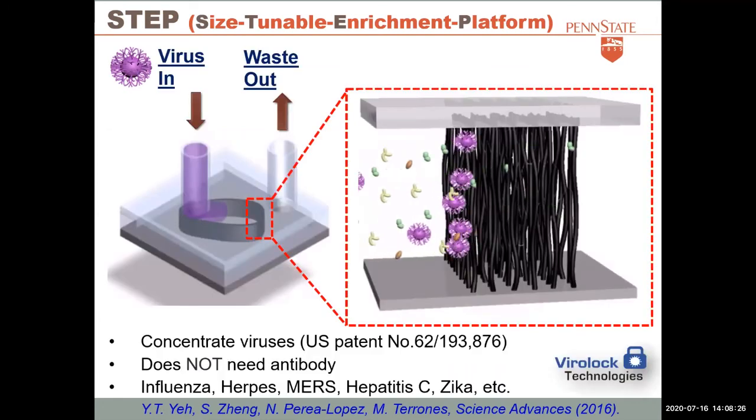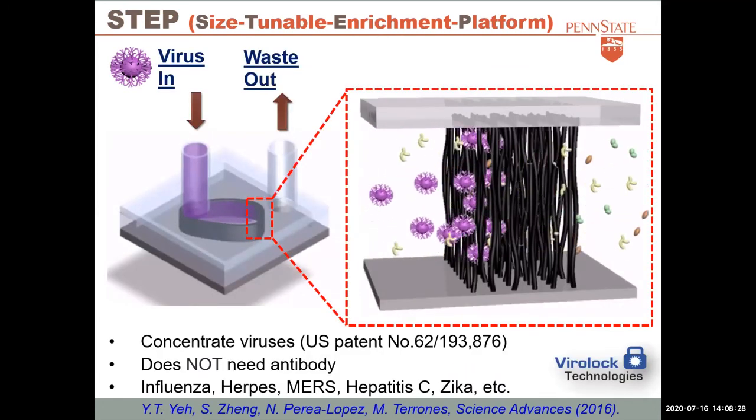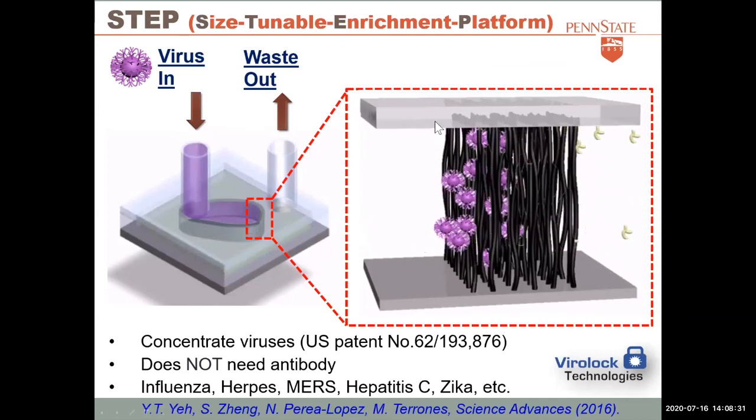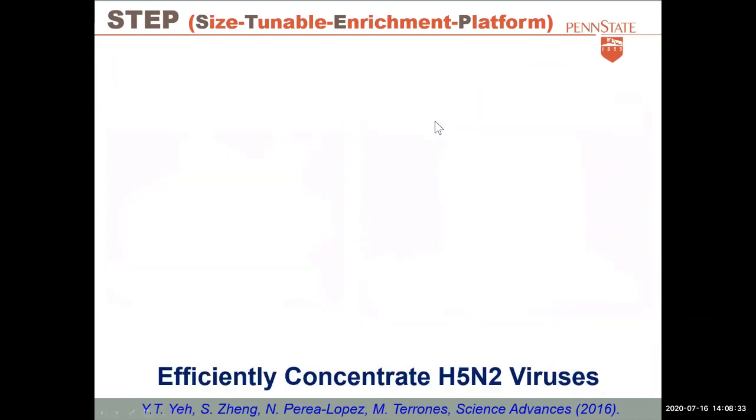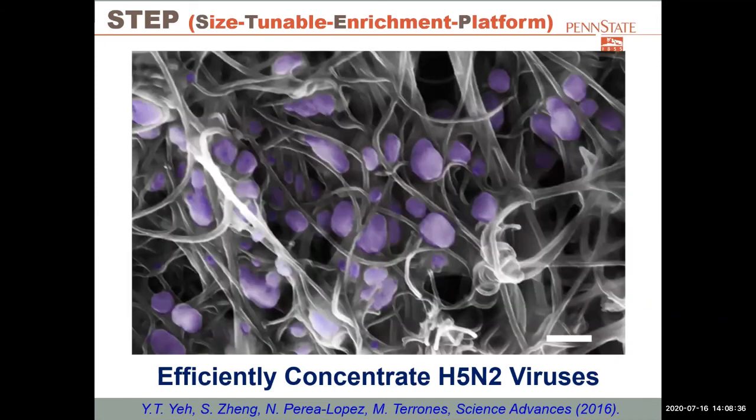Once you have done this filtering, you can remove the cap, which is PDMS, a polymer. Then when you look into the SEM, the scanning electron microscope, these are H5N2 viruses, and you can see the viruses that are being trapped by the carbon nanotube arrays. But there's also a very strong interaction between the viruses and the carbon nanotubes. So this is a nice thing, and it's quite exciting because we were trapping several viruses very, very effectively.